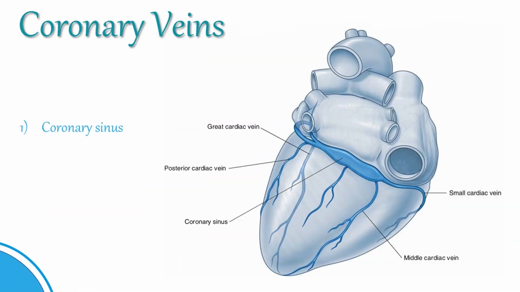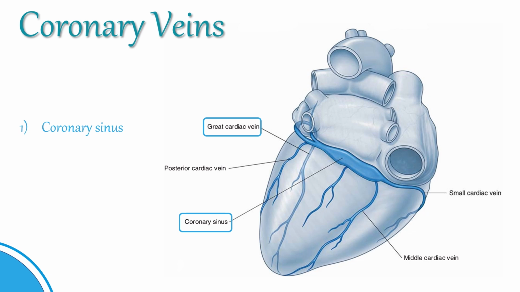The coronary sinus is the largest venous structure of the heart. It collects deoxygenated blood from the myocardium and empties into the right atrium. Located in the posterior atrioventricular groove, it receives blood from several veins, which are: